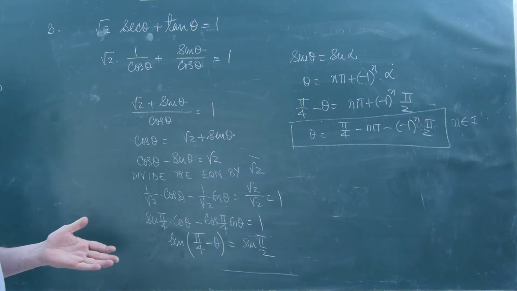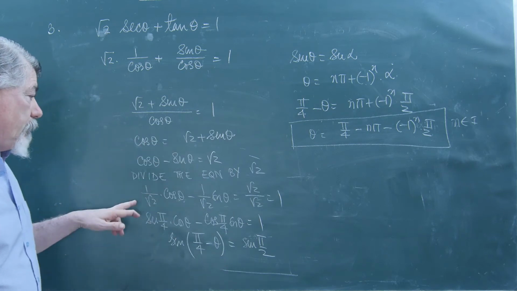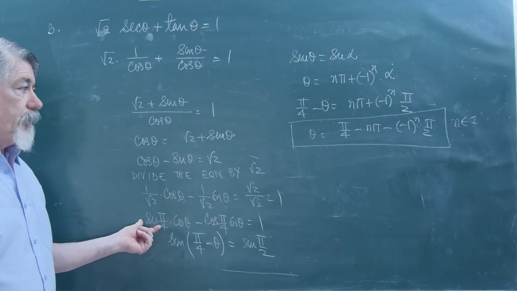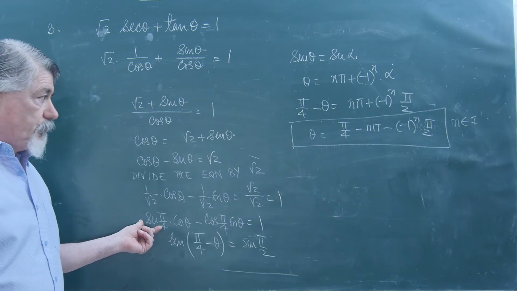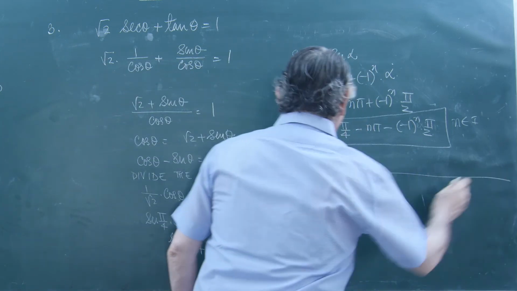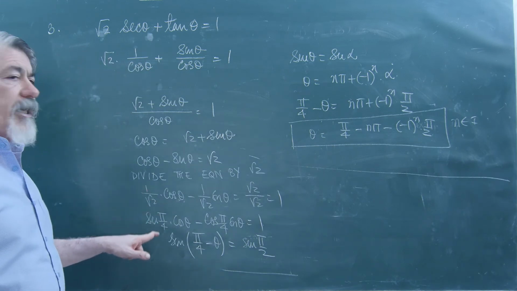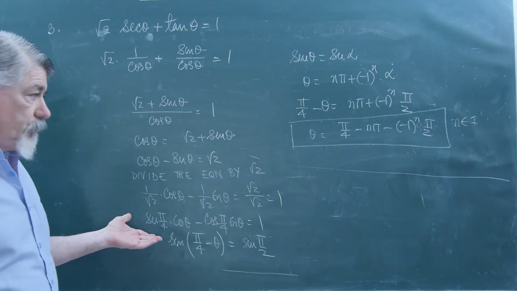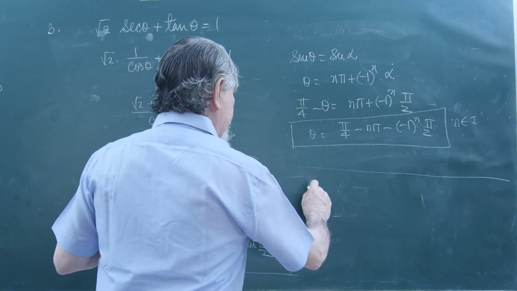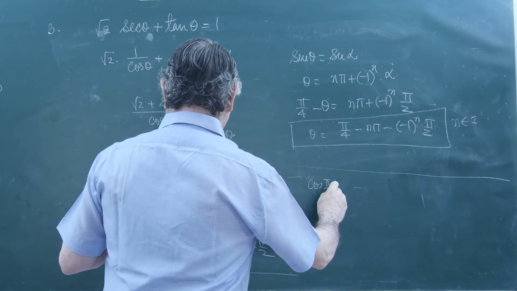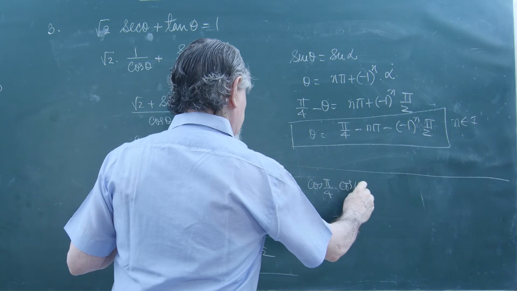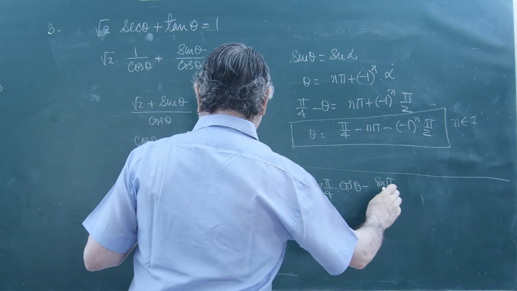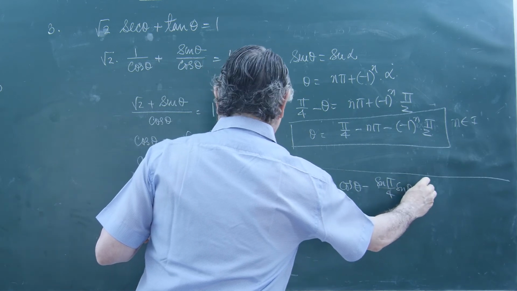This can have a different answer in your book for these kinds of questions, because I am using here sin pi by 4. Suppose you use cos pi by 4. Let's do this with cos also. Let us say, instead of sin, 1 by root 2 is sin pi by 4 as well as cos pi by 4. So I can use cos pi by 4 also. So what I do is I write cos pi by 4 cos theta minus sin pi by 4 sin theta is equal to 1.